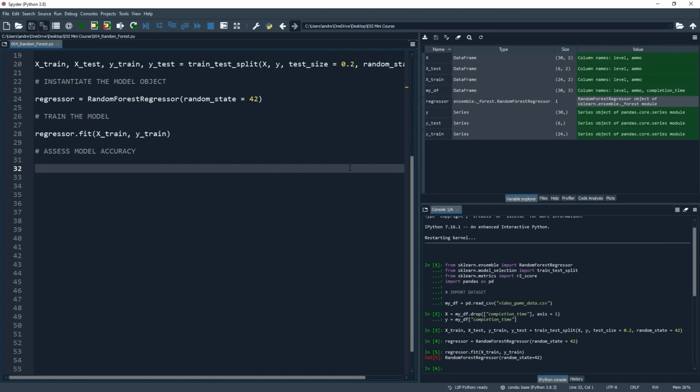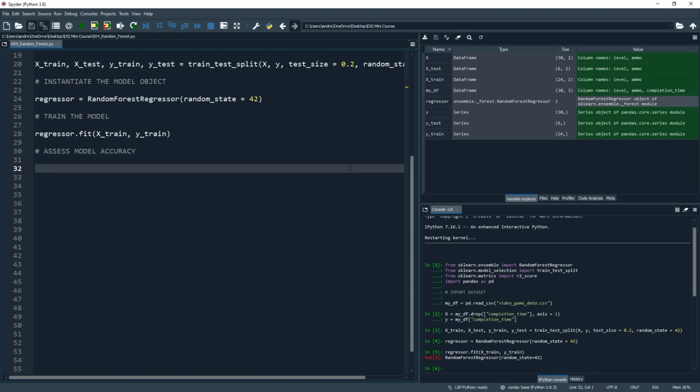And now the model has been trained based on our training data, we can now test how well it performs on our test data, which we held back. Here we want to pass the input variables, so level and ammo, for our test set to our model. We'll save these prediction values so we can compare them to the actual values and get a feel for how accurate our model's predictions are.